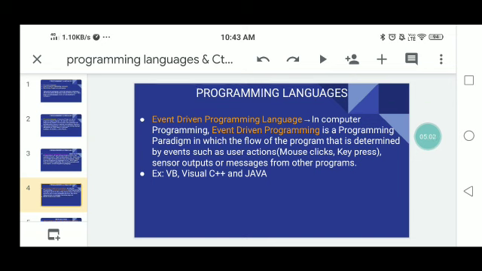What are the visual programming languages? Those are Visual Basic, Visual C++ and Java. So what is meant by an event? An event is one of the concepts in graphical user interface programming. For example, moving the mouse, clicking the mouse, switching the window, and hitting a key.